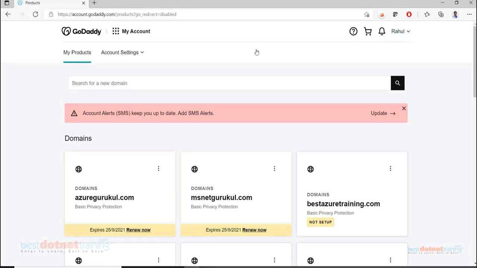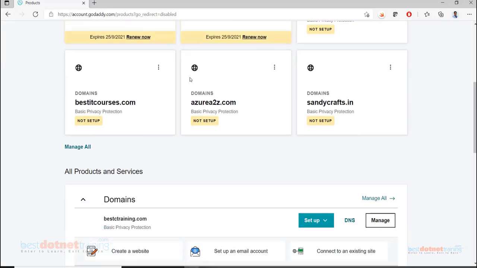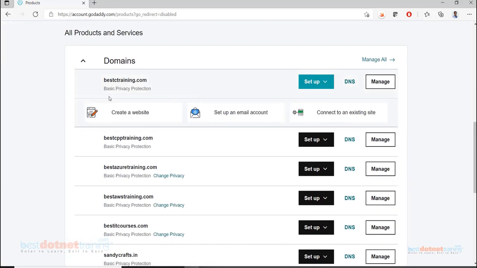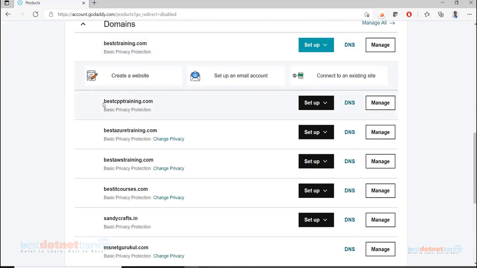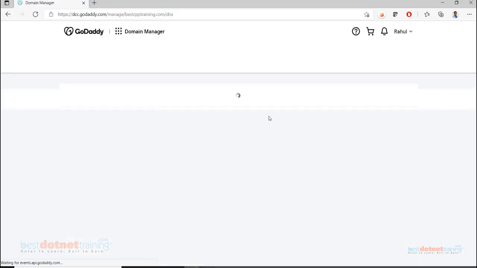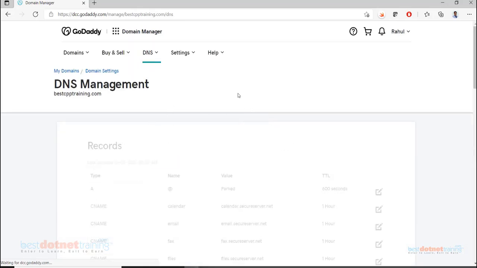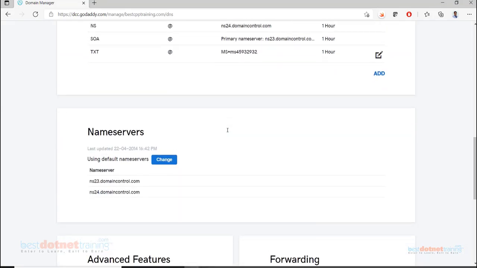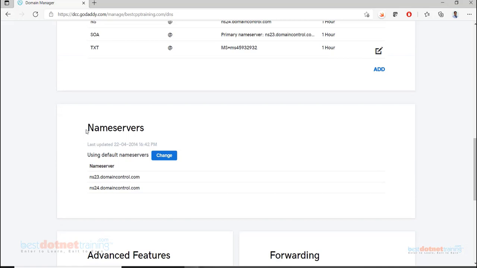So here I logged into my GoDaddy account, and then let's say I go to a particular domain, any domain which I have purchased from GoDaddy. Let's say bestcpptraining.com. I go to its DNS, and here we will see name server. So right now it is using the default name server which is provided by GoDaddy,